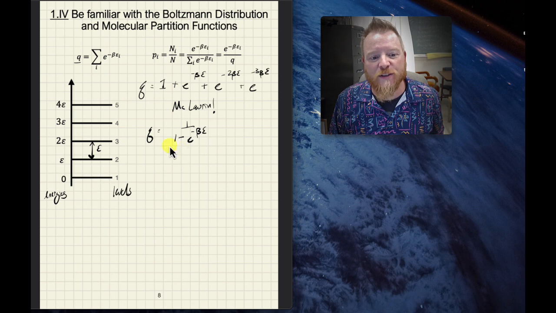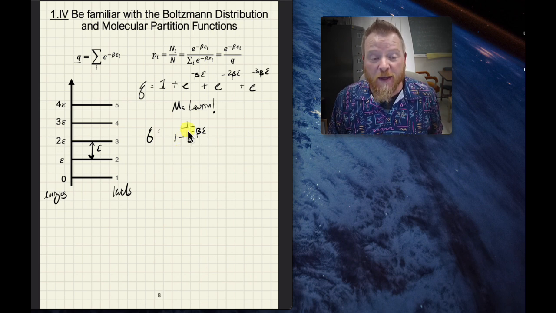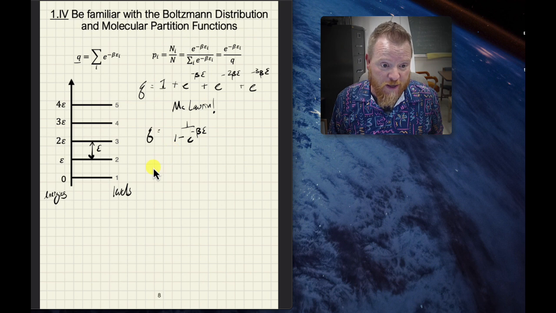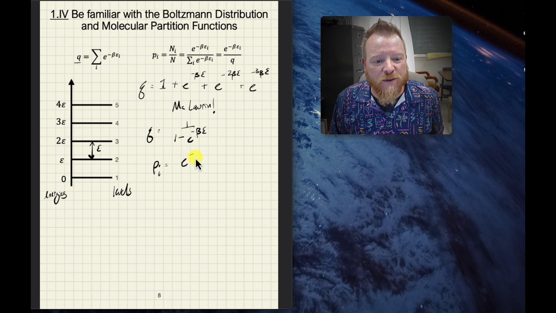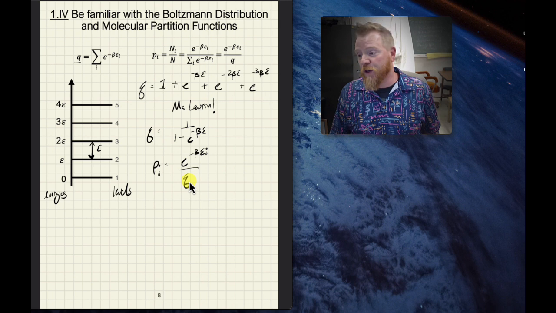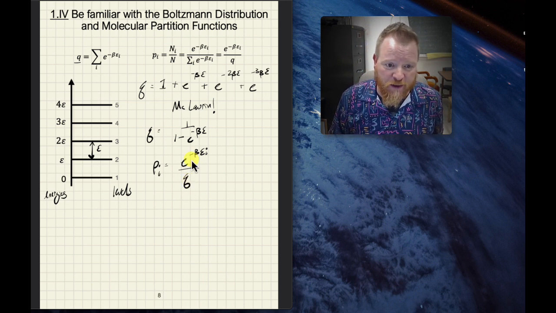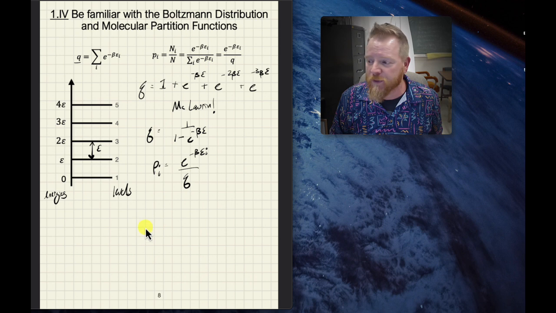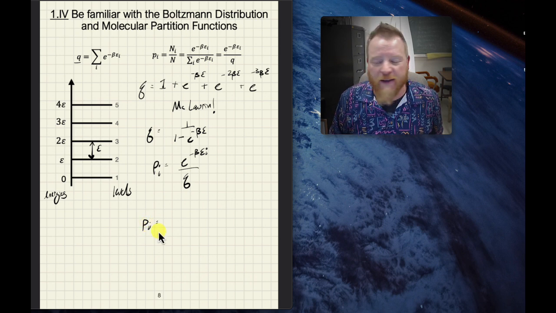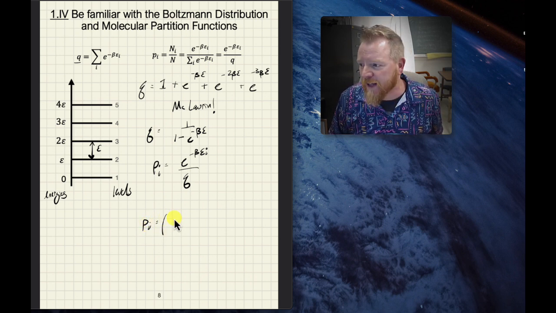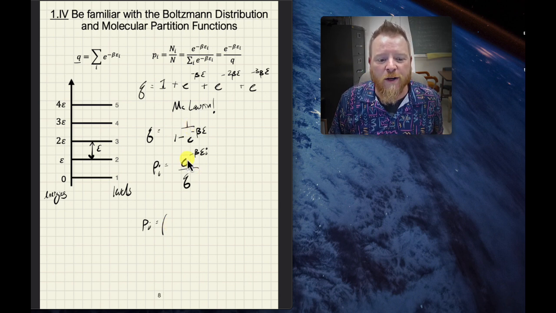And so we can now substitute this equation Q into our Boltzmann distribution and thus write the population of any state i is equal to e to the negative beta epsilon of that state i over Q. And now, of course, substituting the result that we got for Q, we get the following. P i equals, and I'm going to write this as the following. Let's see here. Oh, it's Q, so it's going to go 1 over 1 minus e to the negative beta times epsilon.